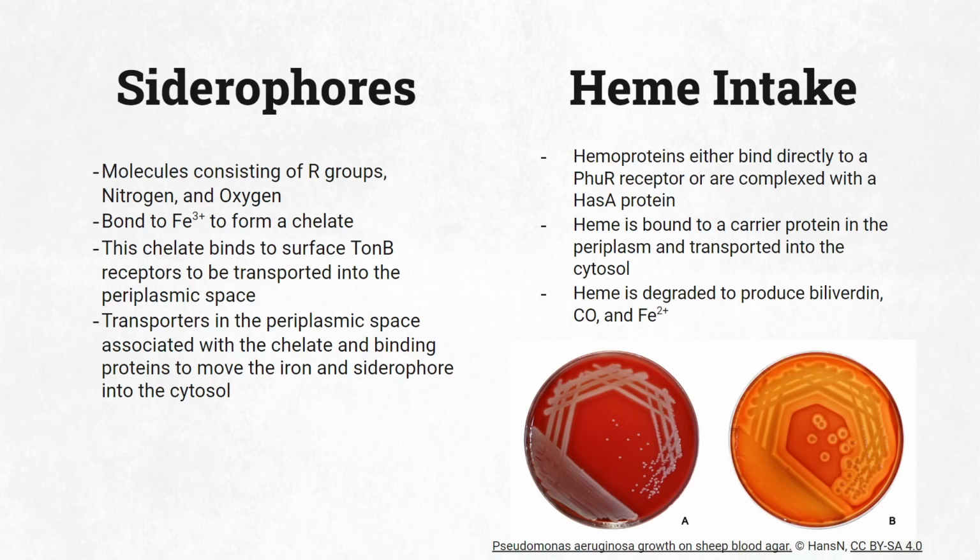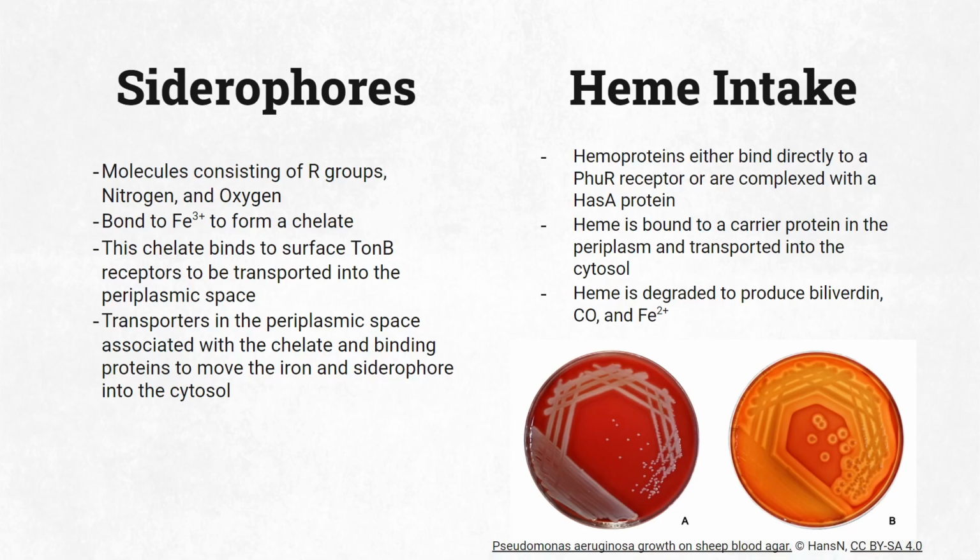Some of you may have worked in a microbiology lab where you had to culture bacteria on blood agar, which is what this figure down here is showing. This is sheep blood agar that has been cultured with Pseudomonas aeruginosa. This is just when the cultures first grew. Later on, such as in this picture, you will notice that the blood agar becomes yellow, transparent in some places,